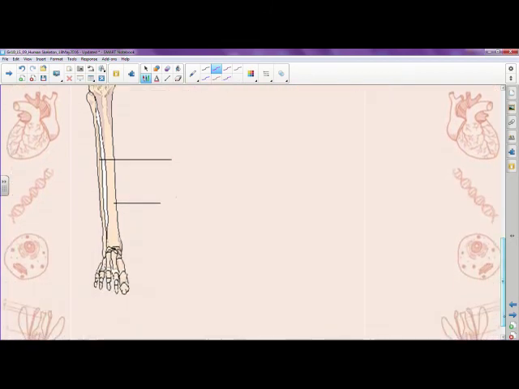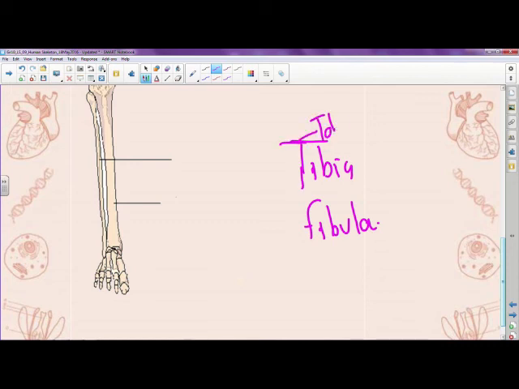Now if we have a look at the leg, what do we have again? All right, 2 bones. Now, how do I remember which is which? The 2 bones are tibia and fibula. Now, what does that mean? There's 2 of them. I remember tibia as table, because which is the one that I always walk into the table with? This nice big one over here. Okay, that is going to be my